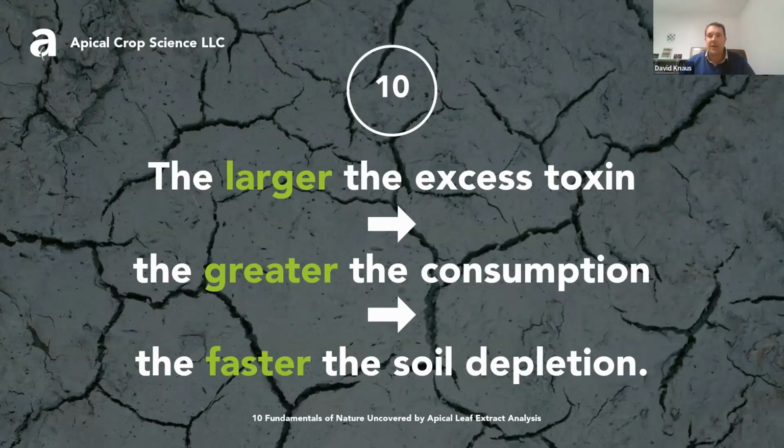You'll find, if you go back and look at any of the sap tests that you've ever done with us or maybe other companies, that when you look at poor sugar translocation, there's going to be imbalance within that plant. You'll find when there's poor sugar development in the crops, there are deficiencies of key nutrients and overabundance of unwanted nutrients. Unwanted nutrients being aluminum and sodium being the key ones, as they've never really been diagnosed to have any necessary function. Now there are some small ancillary benefits, but those two. But ultimately, every nutrient can become an excess.